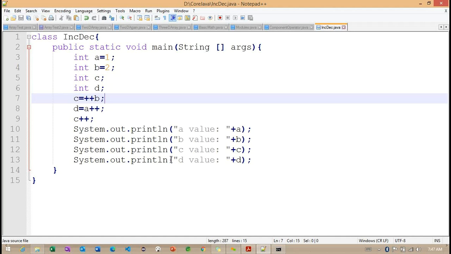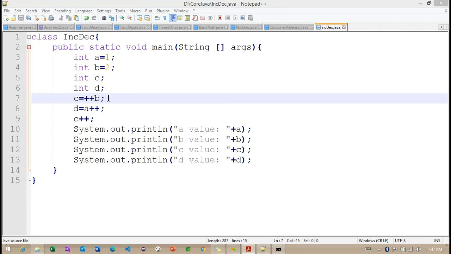Because here we are trying to work with the increment and decrement operators. Okay, sorry. We are not using decrement operators here. Only the increment operator we are using here. But inside these increment operators, we are using different types of increment operators.